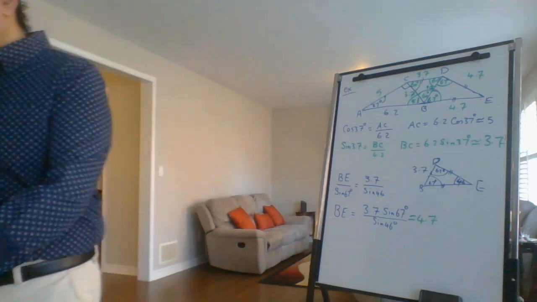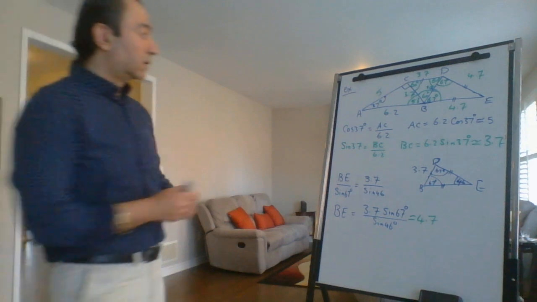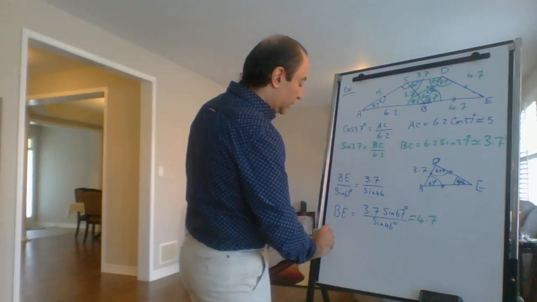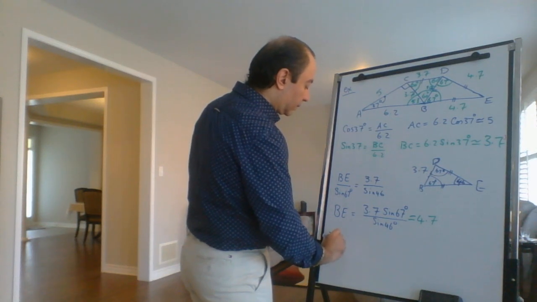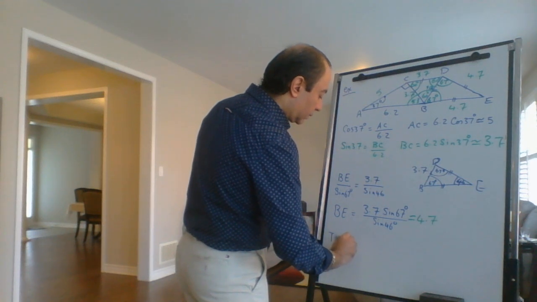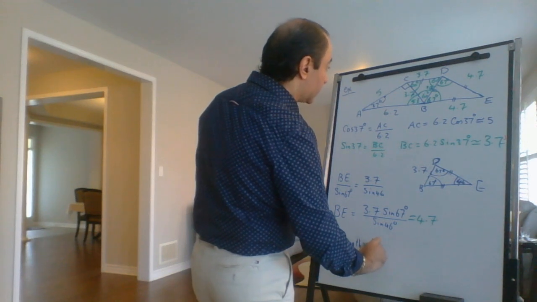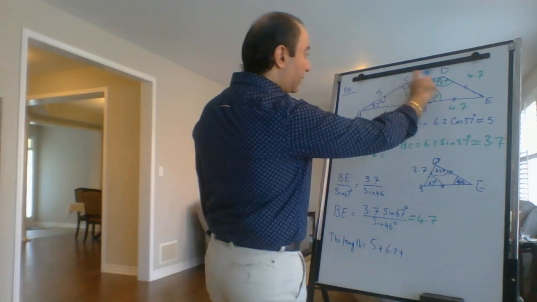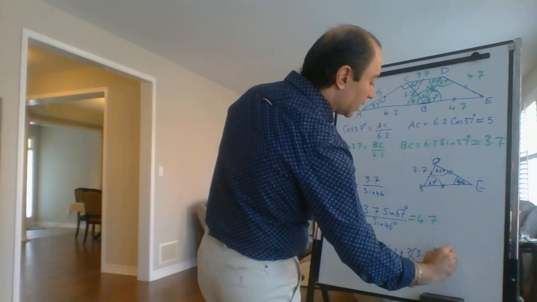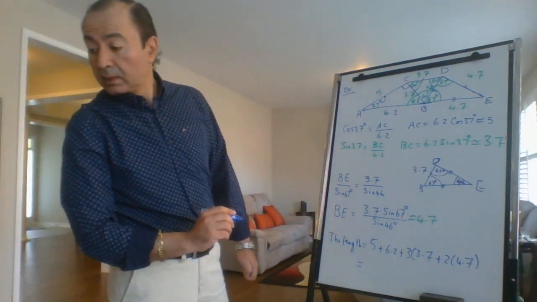Now we can find the length of this truss, the sum of all these sides. So the perimeter, so the length of iron needed for this truss will be 5 plus 6.7 plus 3 times 3.7 plus 2 times 4.7. If you do this calculation, you will get 31.7